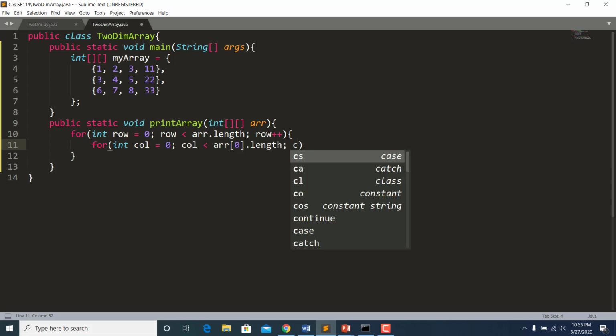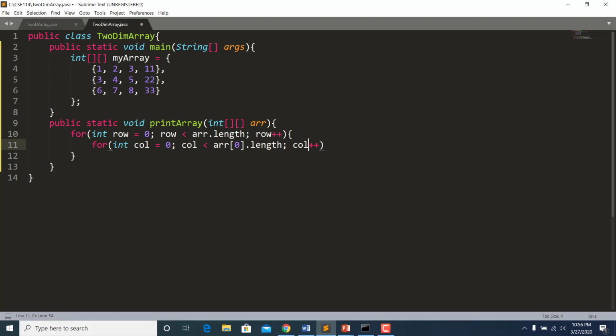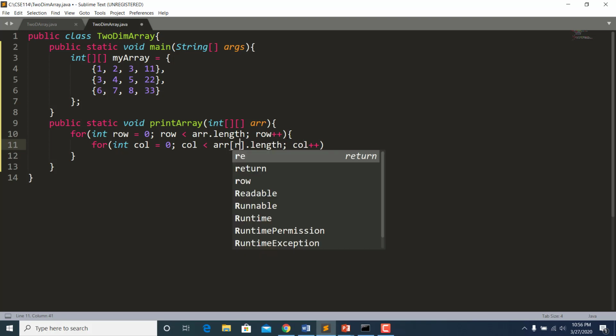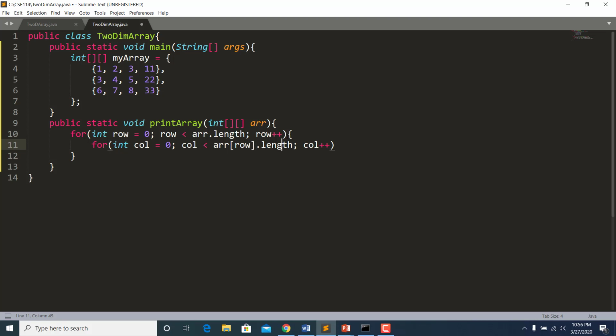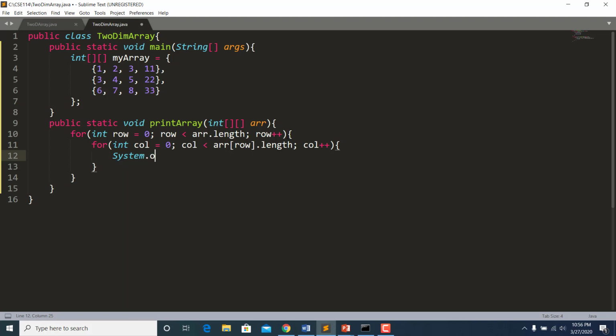Okay, and I'll say col++. Sorry about that, I should not say arr[0], I should say arr[row]. And why am I doing that? It will be clear very soon. Okay, so what I'll say is System.out.println